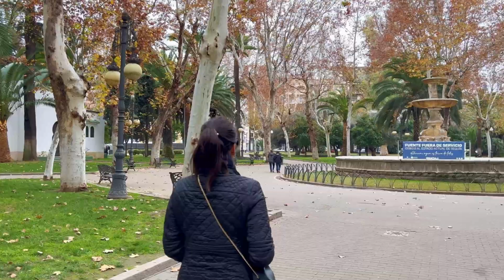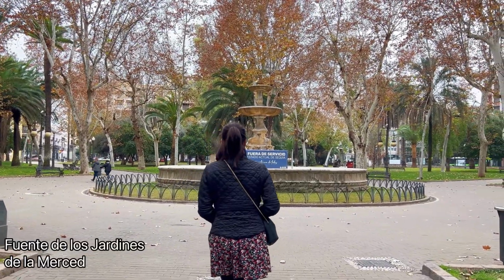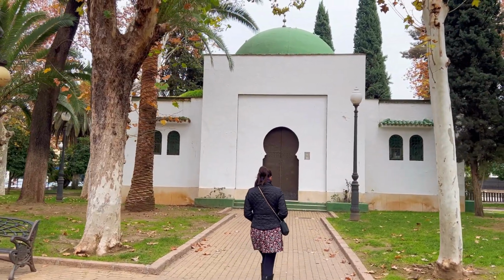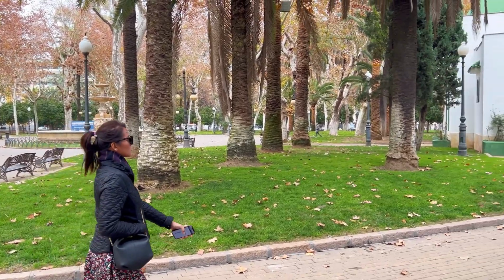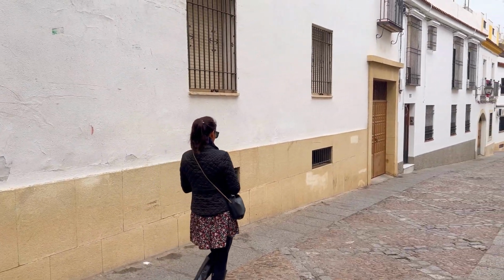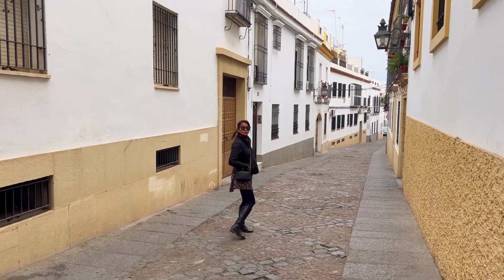They provide a perfect spot for a picnic, a relaxing afternoon, or a break during a busy day of sightseeing. Inside you will find several fountains and even a mosque, adding to the aesthetic appeal, and the garden is within walking distance of other historical and cultural sites, making them a great addition to any city tour. We left the garden via the south exit, and from there, we walked back into the historic town, heading south,